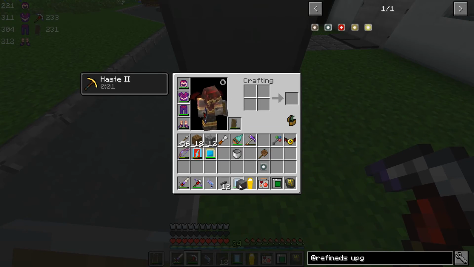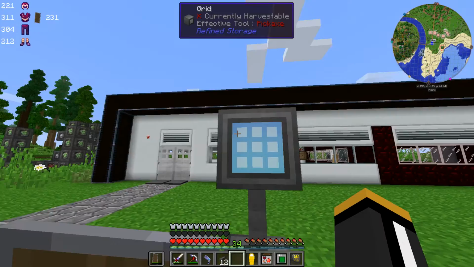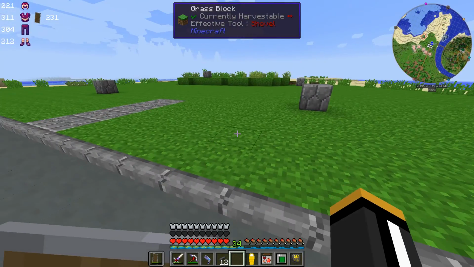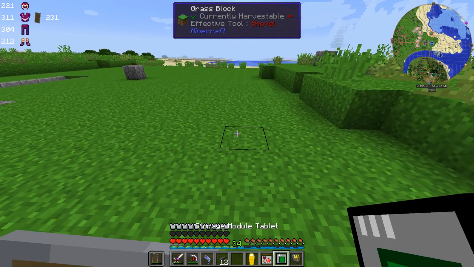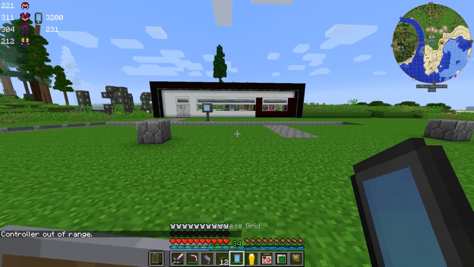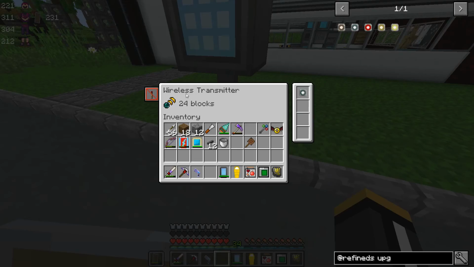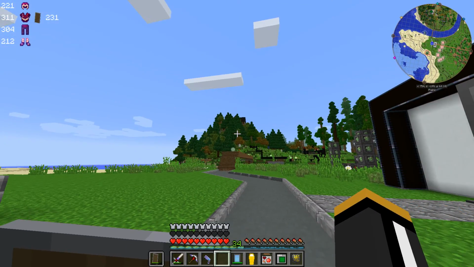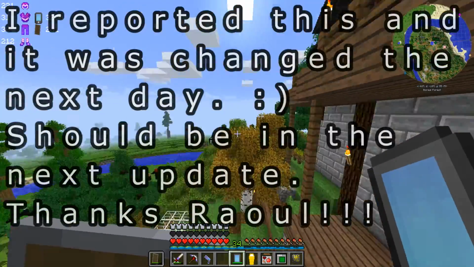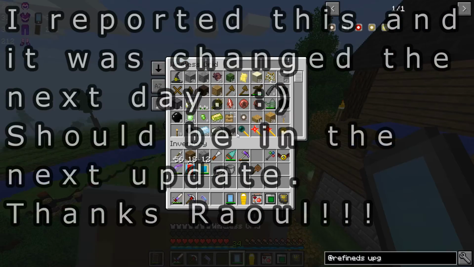And we'll put the wireless receiver, or transmitter, right down there. So, yeah, that works perfectly. And put our little upgrade in there, and let's see... Oh... Well, that's interesting. Maybe this is 24 blocks from the controller. Yeah, that's what it is. That sucks, because I'm over here, the wireless transmitter is way over there. But when I'm over here near the controller...